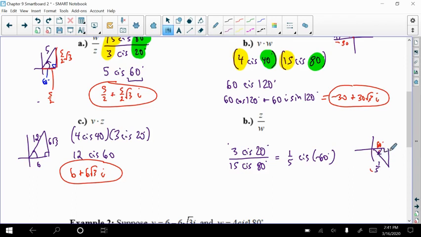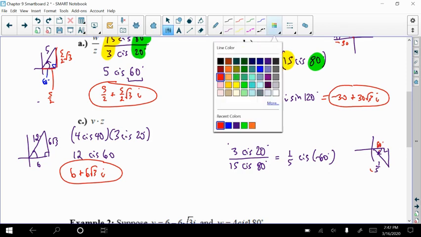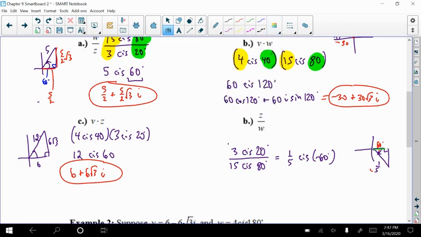And then the side opposite 60 would be 1/10 root 3. So I would have, in green, this distance here, which I know would be 1/10. And then this distance here would be 1/10 root 3 in the negative direction, so negative 1/10 root 3. And again, that's in the i direction. So when I do that, I would say, okay, it's 1/10 minus 1/10 root 3 i. Or if you'd rather say it as like 1/10